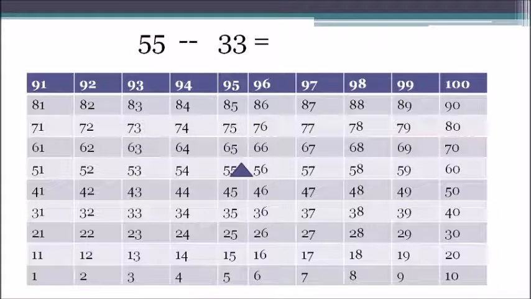So we know in case of subtraction, for 1 ten we take one step towards down, and for 1 one we take one step towards left. So in 33, how many tens and how many ones are there? 3 tens and 3 ones. So we have to take 3 steps towards down, then we will reach 25, and 3 steps towards left, then we will reach 22. That is the answer to our question. So what will be the answer? The answer will be 22. Isn't it easier to calculate the mathematical operation without using pen and paper?